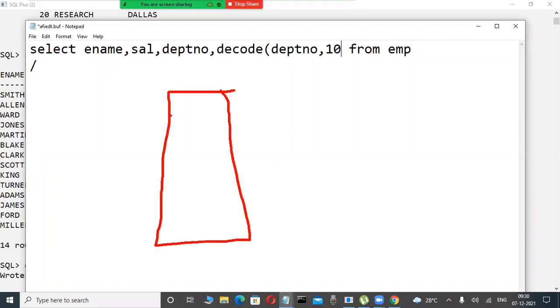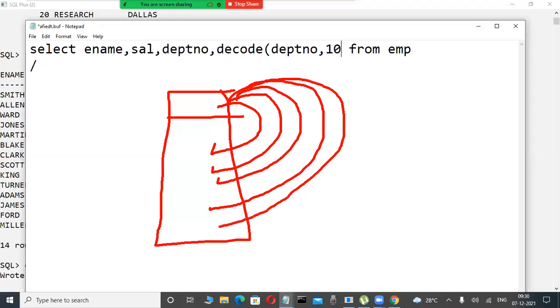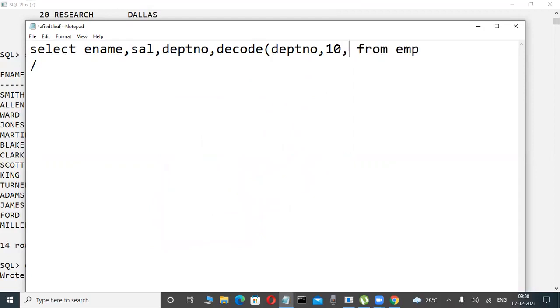The server is searching based on the if condition, one by one by values. Here, in a single column, it will be searching only. If department number is equal to 10, then what can we do? Your own wish: any messages, any operations. But here I want to display, if department number is equal to 10, this message 10, like this.